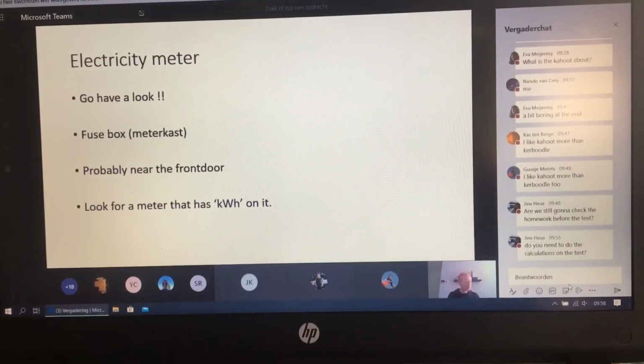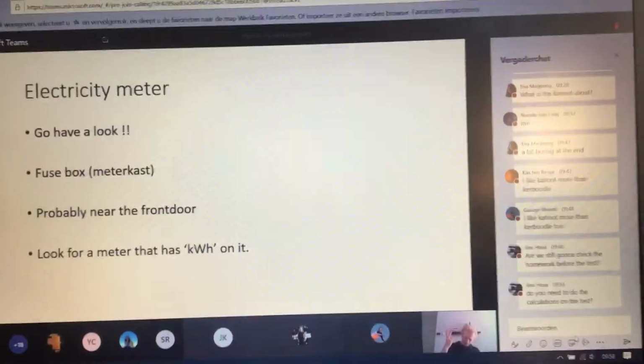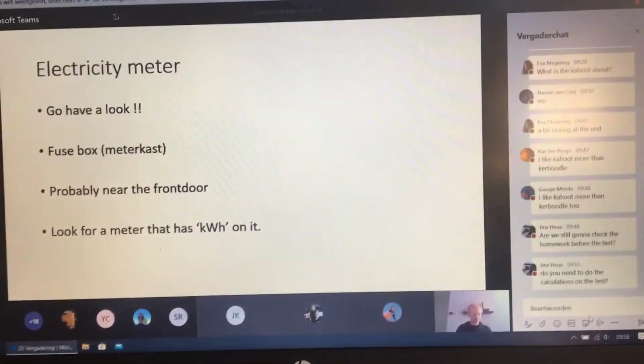Go have a look at your own fuse box, and try to find the energy meter. There's actually two. There's one that counts the gas coming in and out of your house, and there's another